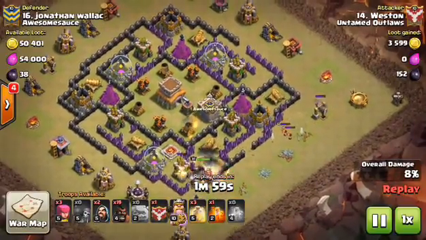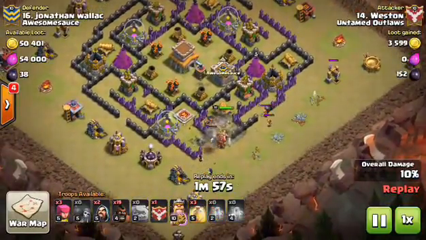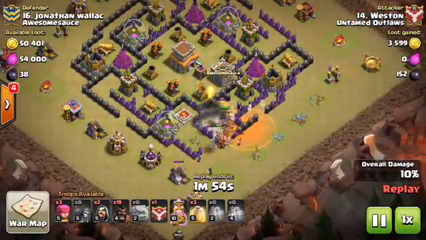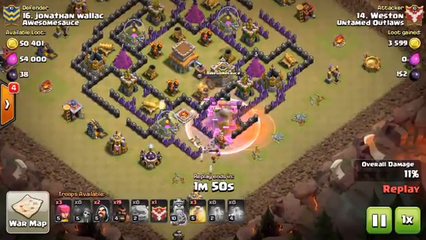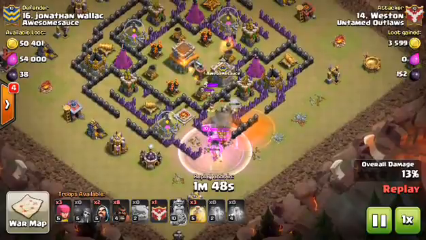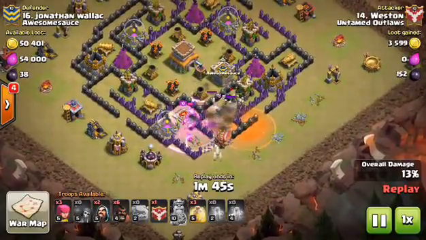And then once you get Valkyries on wizards, they're so fast that before the wizard even gets the shot off, usually they've already killed him. Like that. And that one barely got one off, but the king and the barbs end up coming down and finishing it off. So